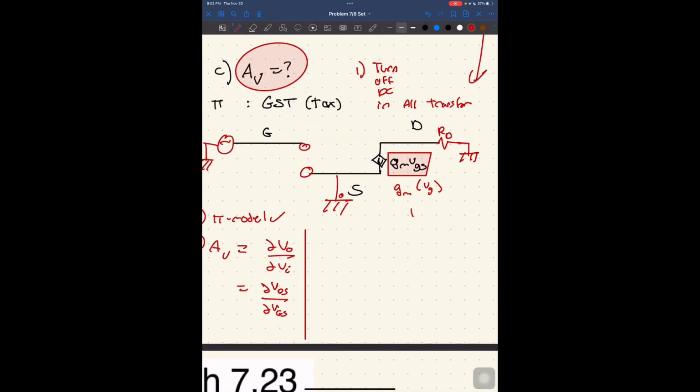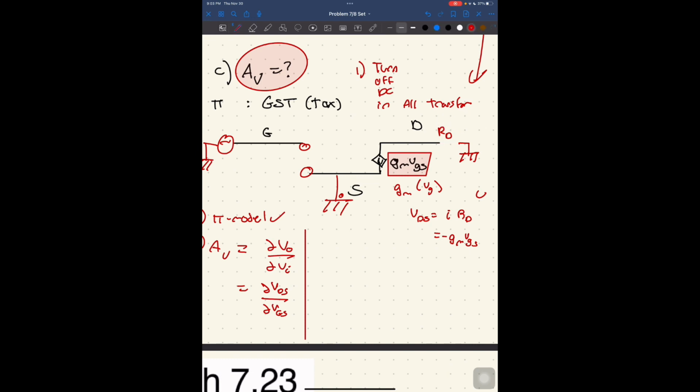VDS, what is VDS equal to? It's nothing but the current, right? You agree that this is VD. And to find VD, it's nothing but I times RD, which is equal to minus GM VGS, because right now,